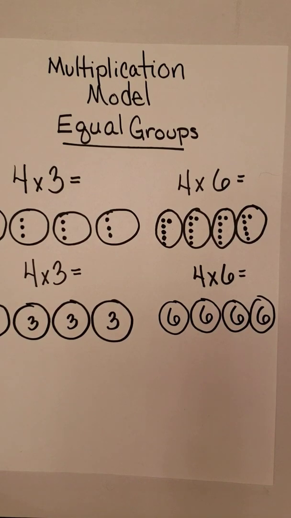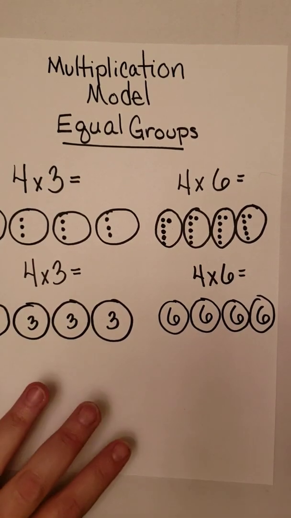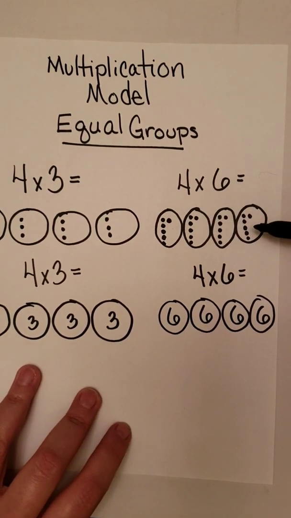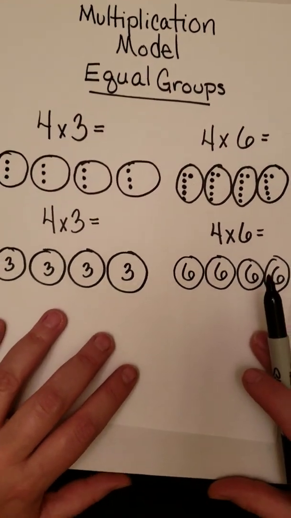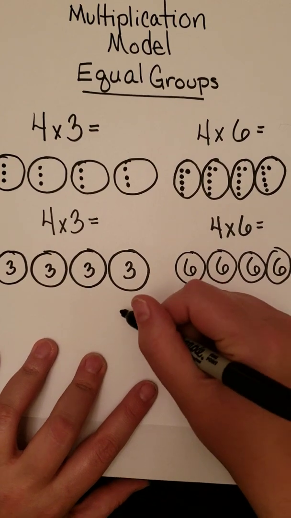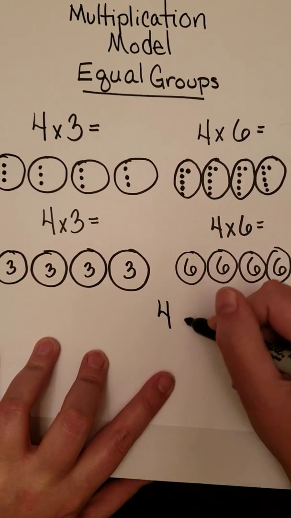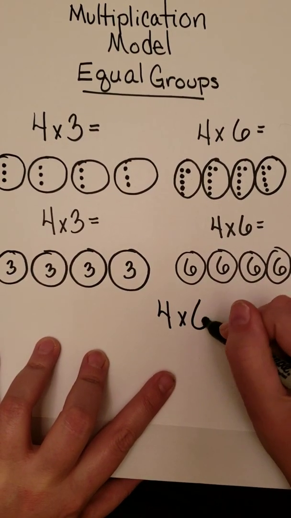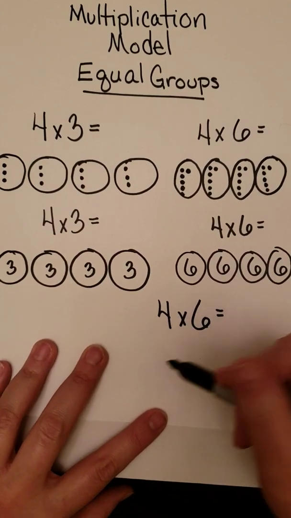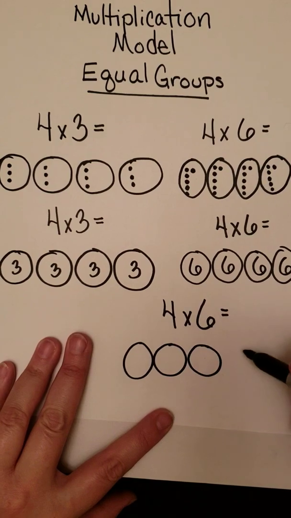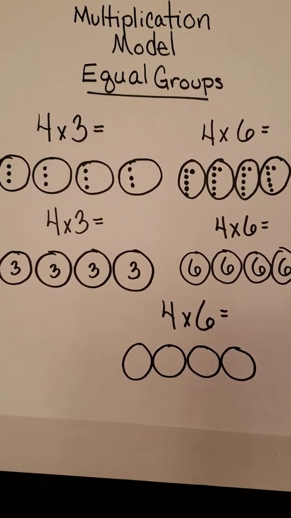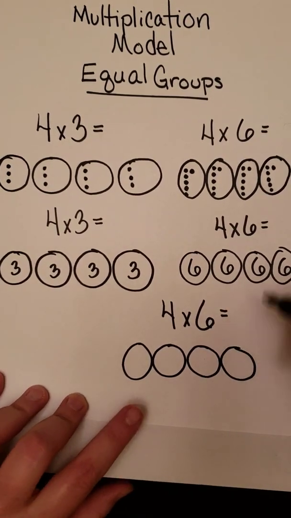Now here's one more strategy for people who are ready to move on from the dots, but putting together 4 6s is a little bit tricky. If that's something that you're kind of struggling with, here's one more way that you can make this a little bit simpler when you're making your model. Again, I'm going to make 4 circles. 1, 2, 3, 4. But this time I'm going to take that 6 and I'm actually going to break it